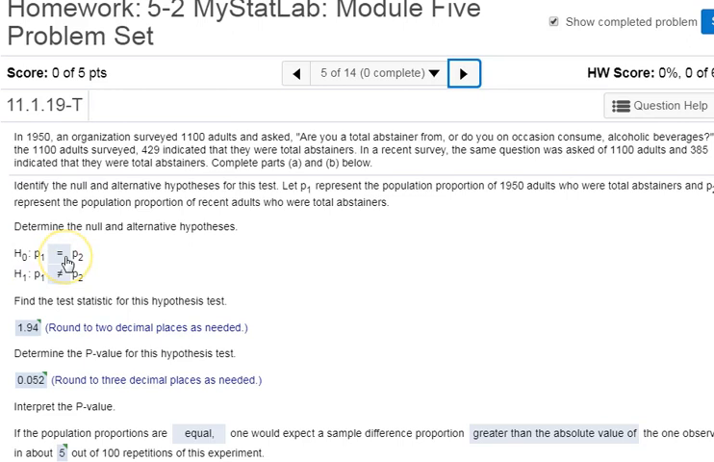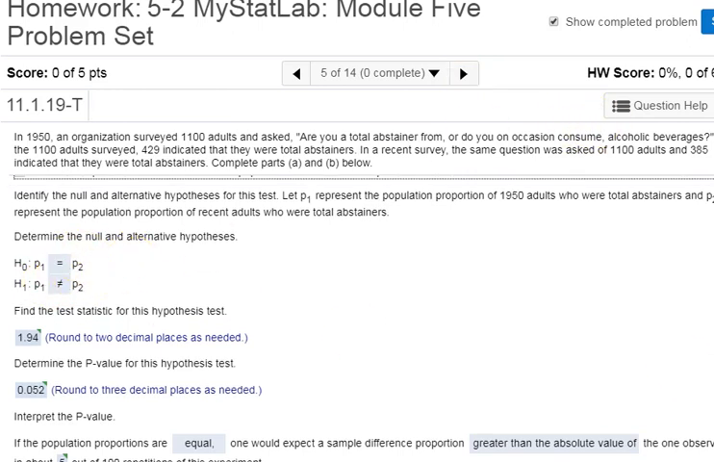Our null is always that those two proportions are going to be equal to each other. There's been no change between 1950 and recently. And then our alternative here is that there is some change. We don't know if it's gone up or down, but we're just looking to see if anything's changed. And so before we actually